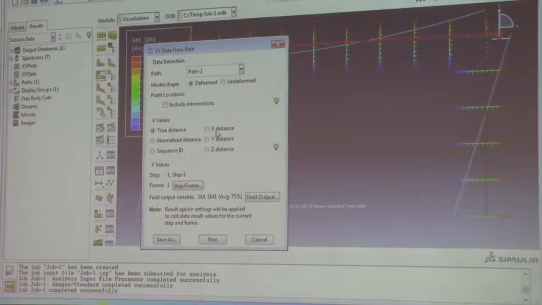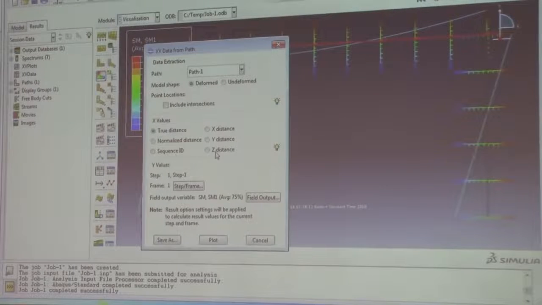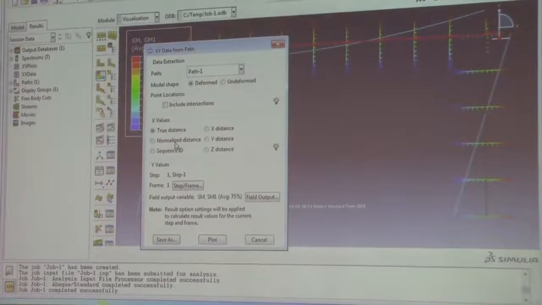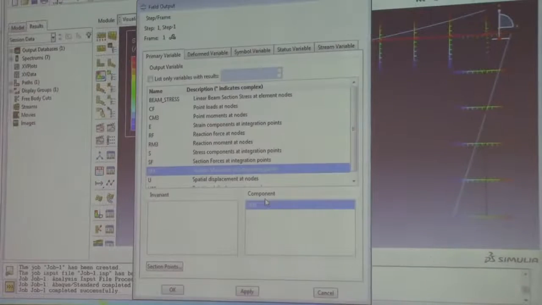X distance means distance in the x direction, distance in the y direction, and distance in the z direction. And normalized distance is that no matter what the length of these distances, I always use 1, so it's like normalizing this distance. True distance is the true size. Field output, we can select